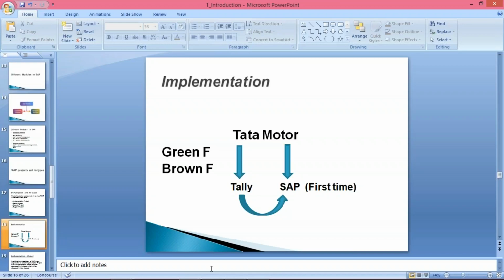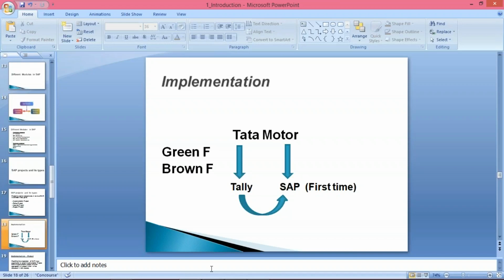Apart from this, installation will generally be done by a basis consultant. You guys are going to do the configurations as per the client requirement. Now the question is, what is this configuration and how do we do it? All these questions will be resolved once we start the practical session. Then we have to start from configuration itself. Several configurations we have to do. So you guys are going to be perfect in terms of configurations.